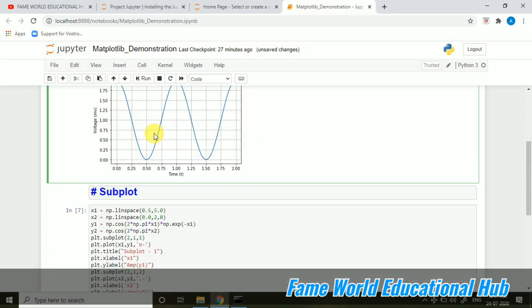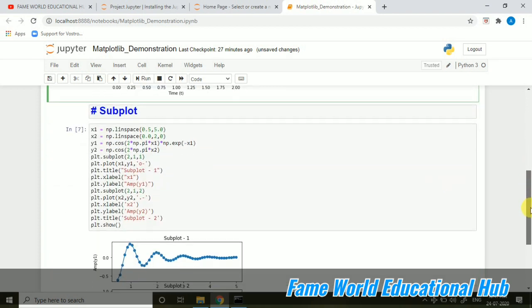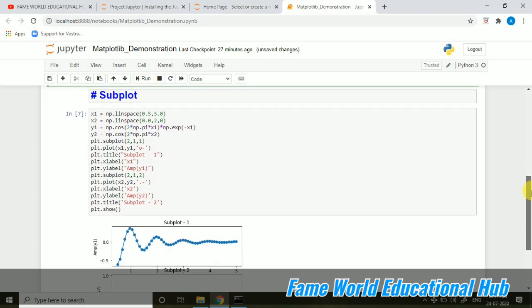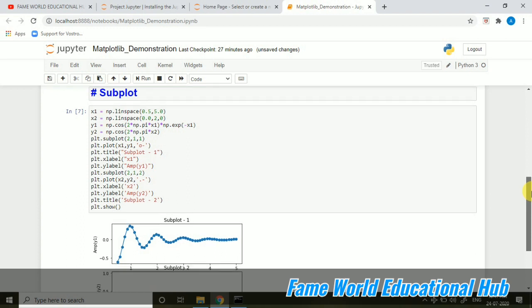Fine. Subplot 2 we have taken from here, that is correct. Then plot x2 and subplot 2 is the title.